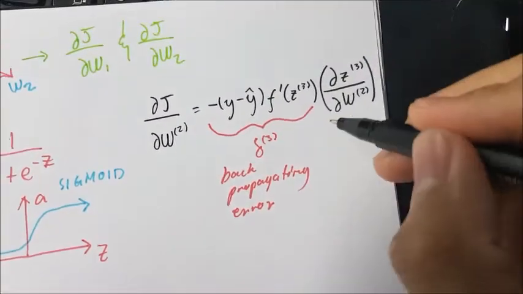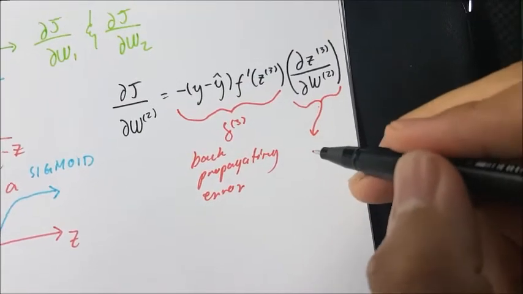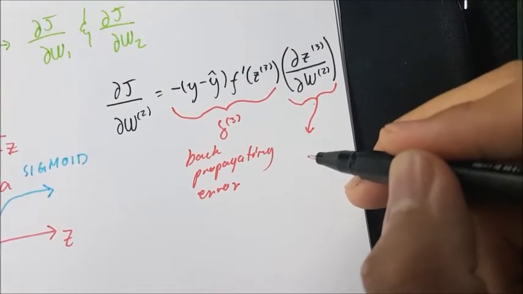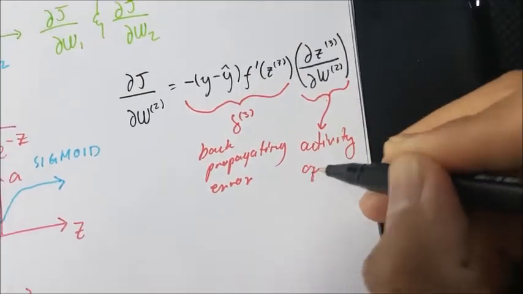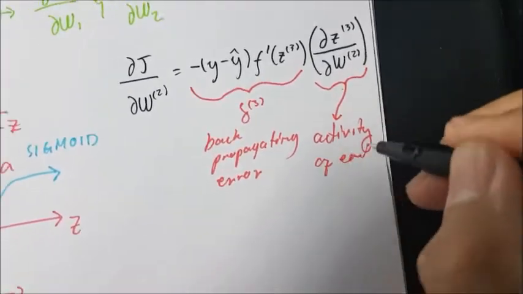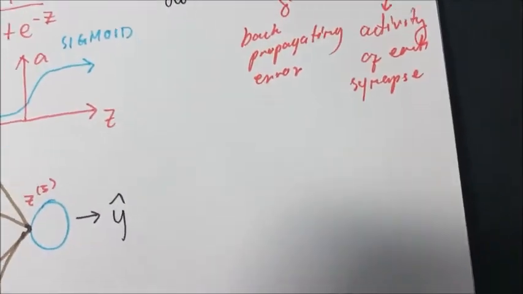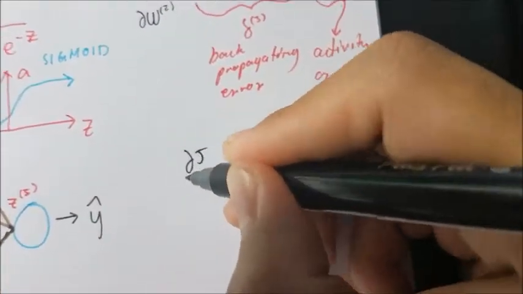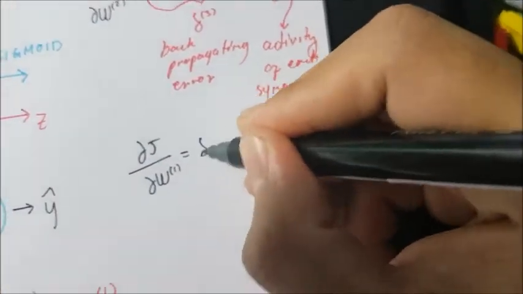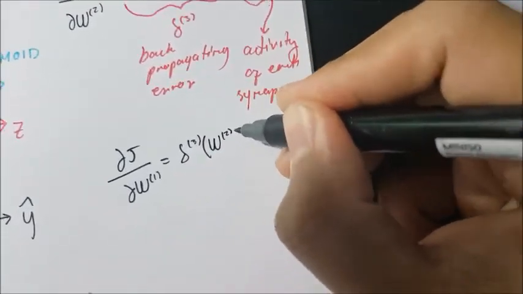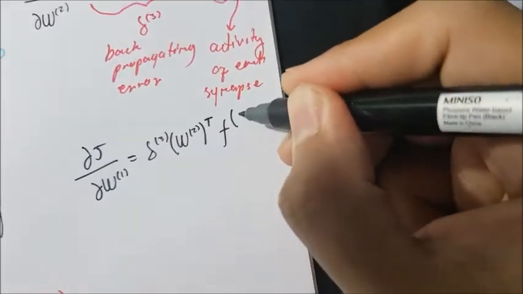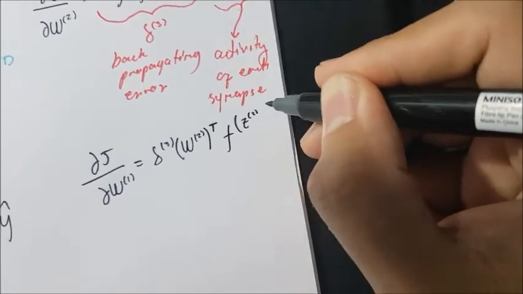The partial derivative of Z3 with respect to W2, on the other hand, is the activity of each synapse. It represents the change of Z on the second layer with respect to the weight on the second layer. Doing the same calculations on W1 gives us the partial derivative of J with respect to W1, which is equivalent to delta 3 multiplied by the transpose of W2 and multiplied by the prime sigmoid of Z2 times the transpose of